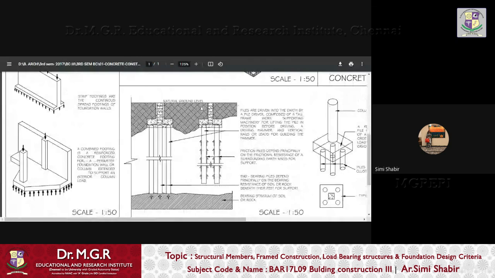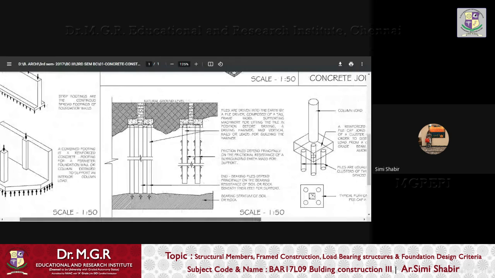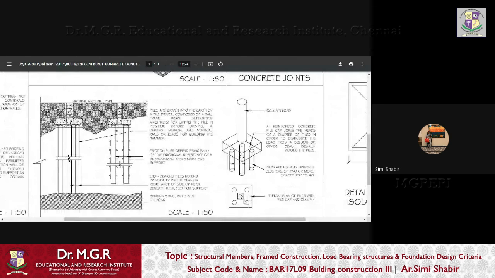Now this is our pile foundation. Now let us look at the structure of a pile foundation. Here you have the plan, this is the pile cap, this is the column, these are the four piles. So in a view, you see the column, you see the pile cap, and then you see the four piles. So what is the function of a pile cap?